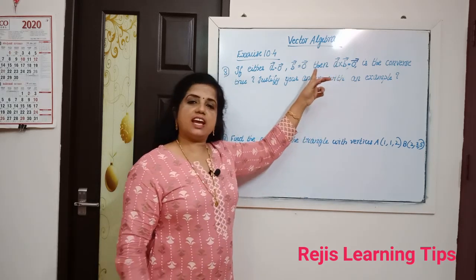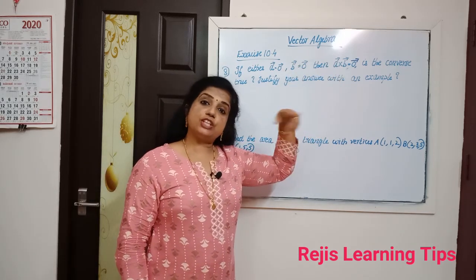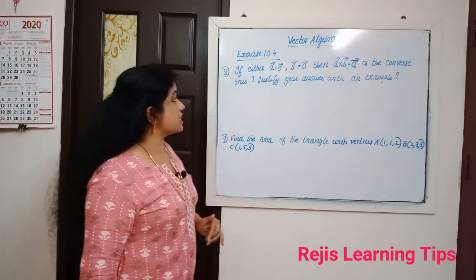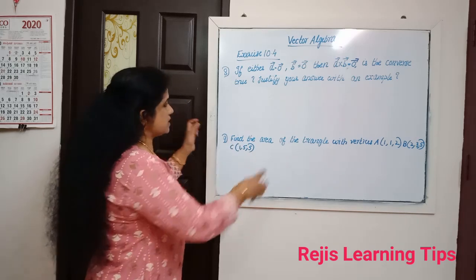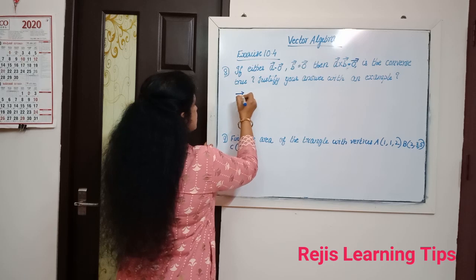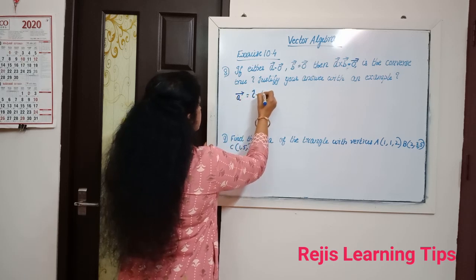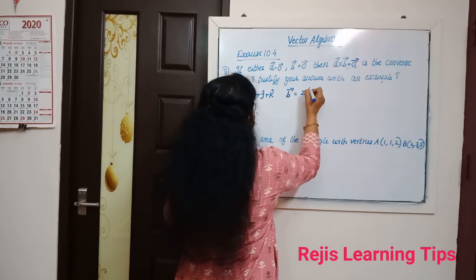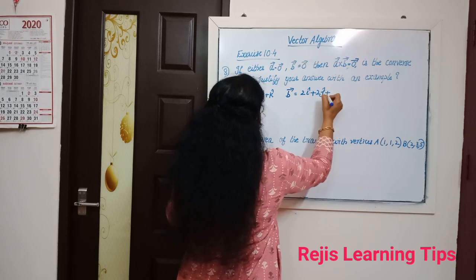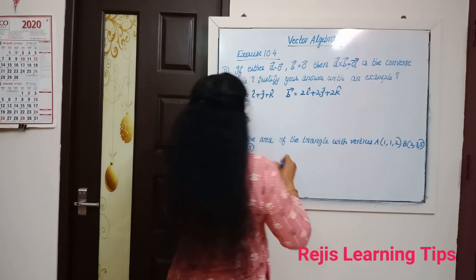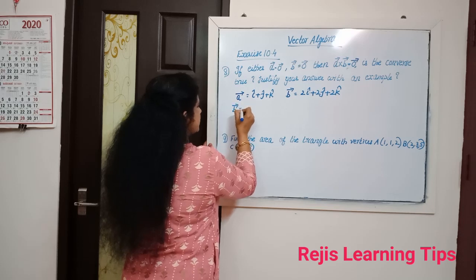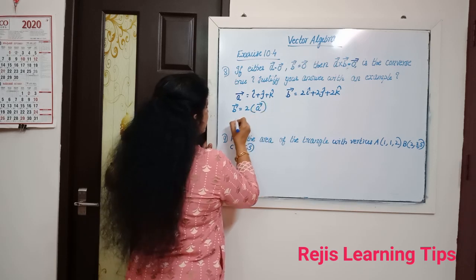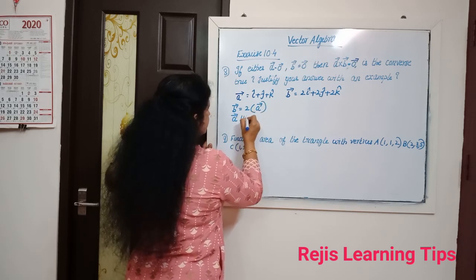If vector A and vector B are parallel, then A cross B can also be 0. We can illustrate this by using an example. Let vector A be equal to i cap plus j cap plus k cap. Then vector B is equal to 2i cap plus 2j cap plus 2k cap. So vector B is equal to lambda times vector A, here 2 times vector A. Then we can say that vector A is parallel to vector B.